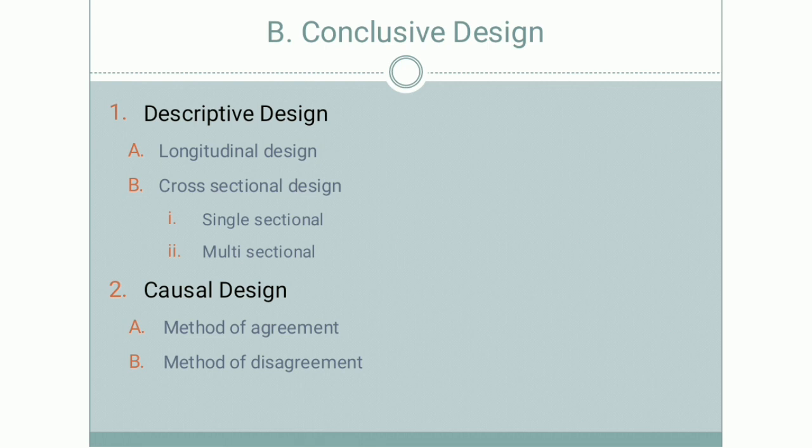So today we are concluding with the conclusive design. Descriptive design, that is to get the details, with the questions of how, when, what, why. By asking so many questions you can get the detail. Longitudinal design, that means by doing repeated study on the same students, by asking the same question, you can conduct the longitudinal study. Cross-sectional study, that is when a study is conducted once on the same respondent.